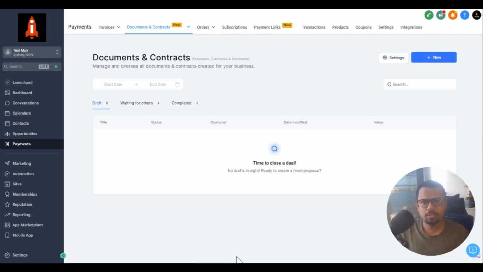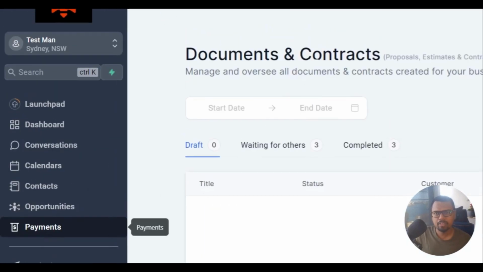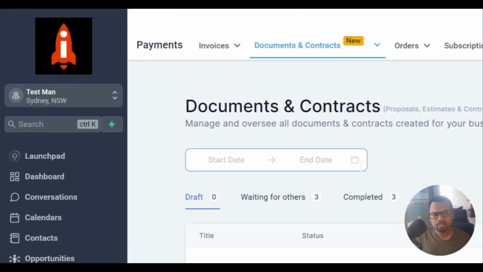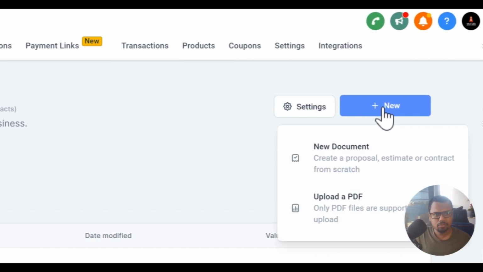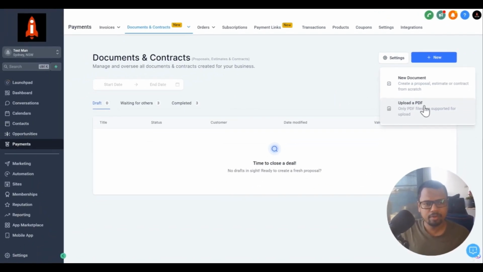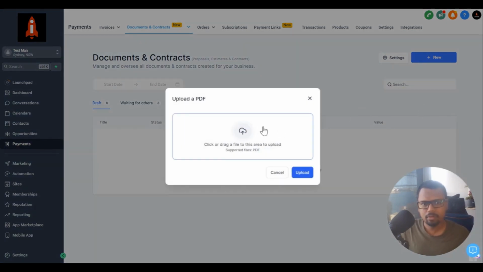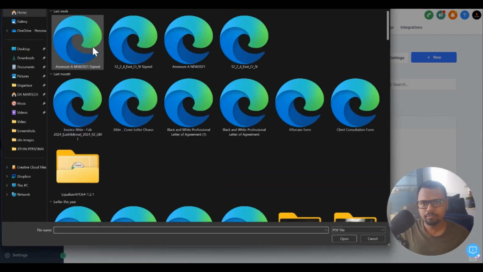Today, I'm going to show you something cool that you can do with documents and contracts. First of all, you go to payments and go to documents and contracts to access this. And then you click new to create a new document from scratch or to upload a PDF. I have a PDF ready, so I'm going to upload a PDF. Select PDF